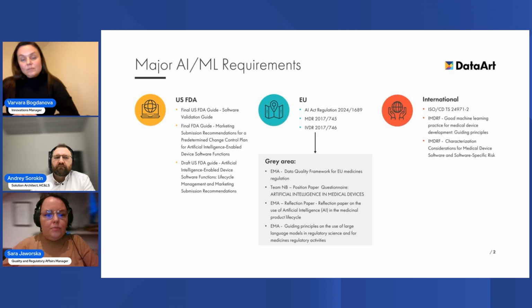So it's very robust and we can use many different sources of requirements, as long as we make sure that those requirements are not contradictory and are best for our case. On top of that, new AI-specific ISO standards are currently in development. We also have the new IMDRF guideline on good machine learning practices. And the latter guideline describes very high-level principles for AI development.